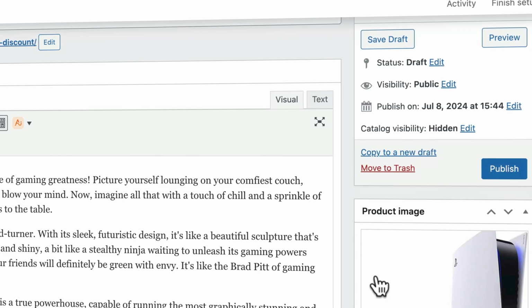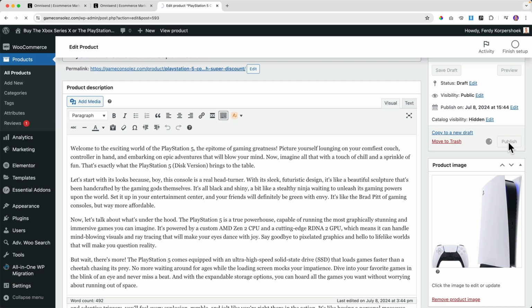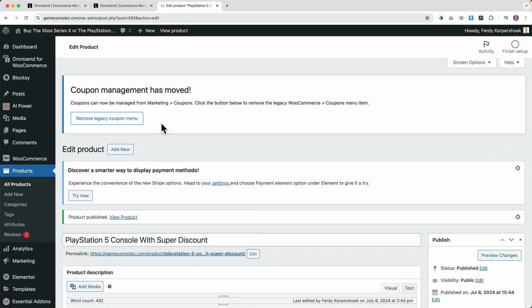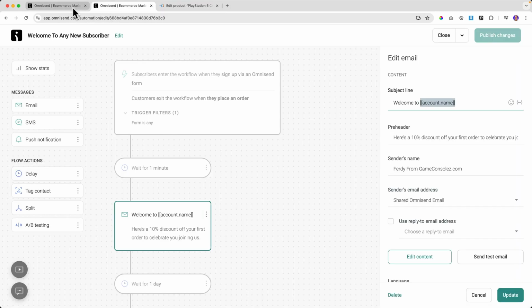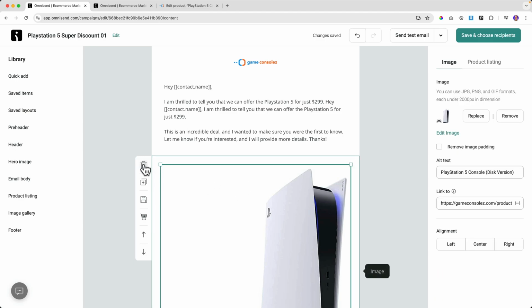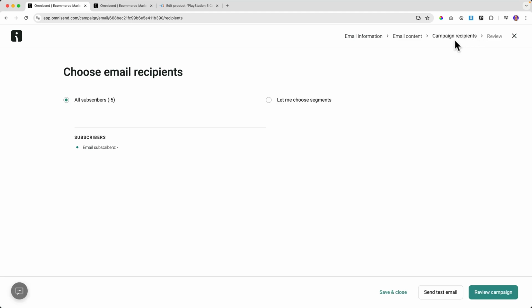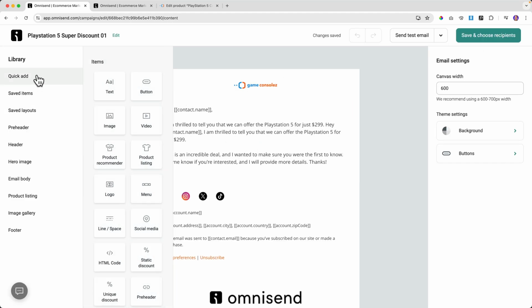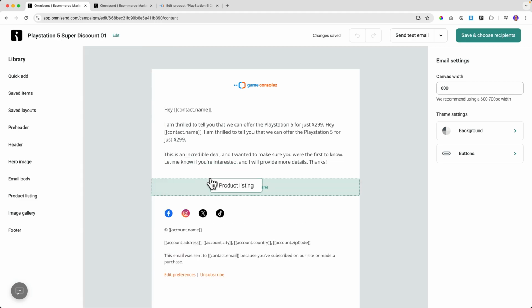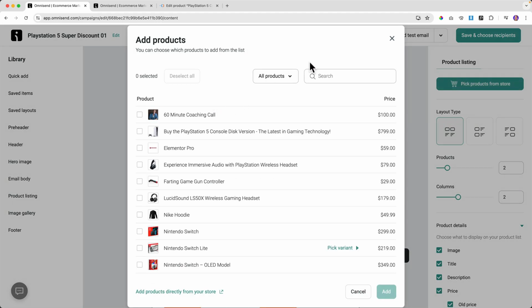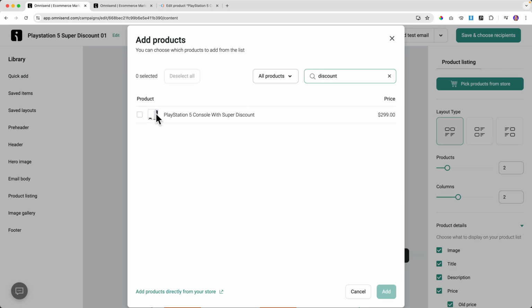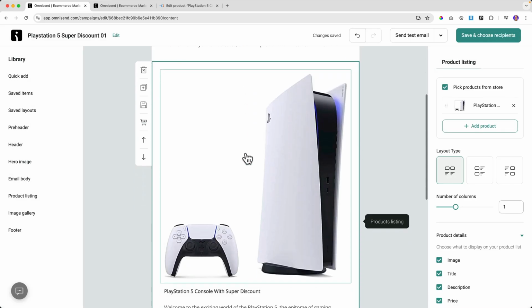It is hidden. So only the people from my email list can see this. Yes. So I probably need to save it and then go back to the email content so it can refresh all the listings. So I drag it over here again, and now I can search for it or with discount. Let me see if it's there. Yes, so it's not visible in the store, but it is visible in the overview over here.